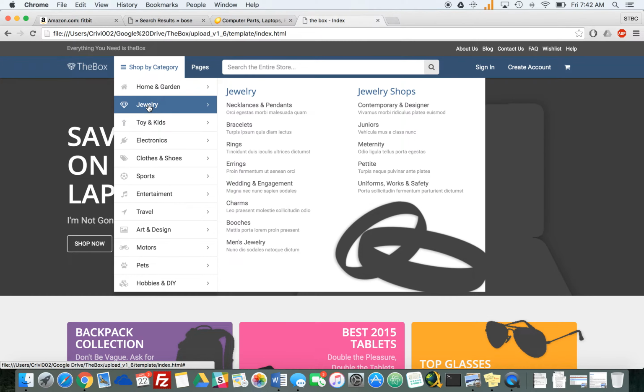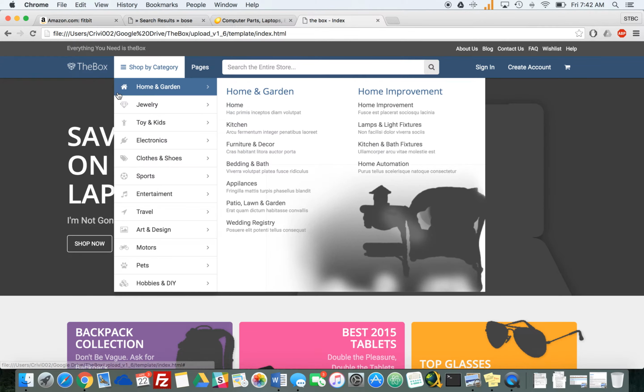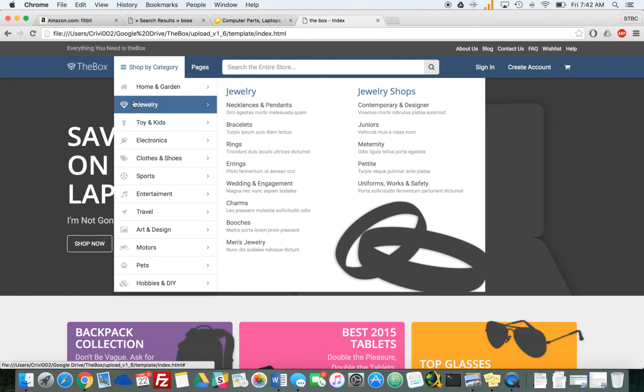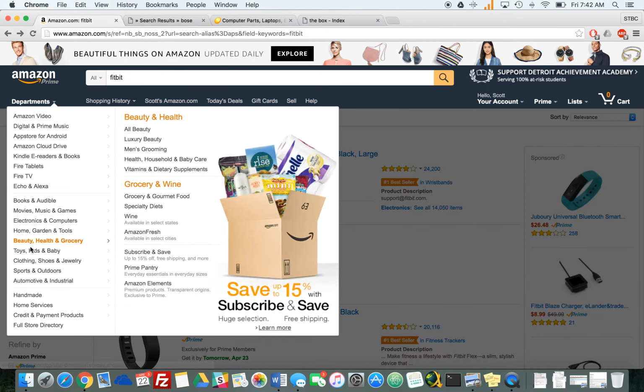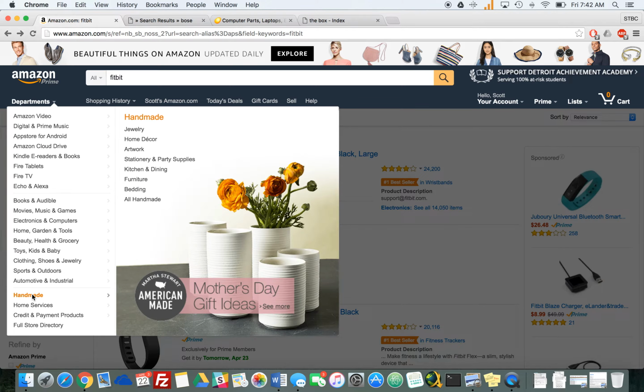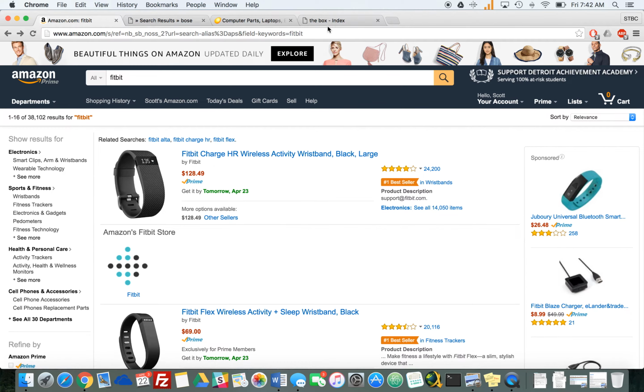For example, here we have jewelry. That should not be a main category. When you go to Amazon, for example, they have it under handmade. So if you go under handmade, anything that's handmade is going to fall under handmade. So,